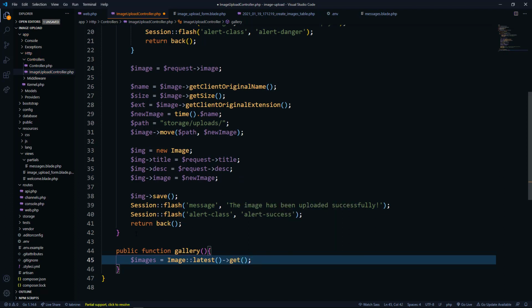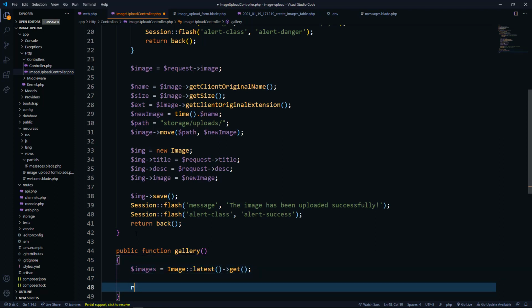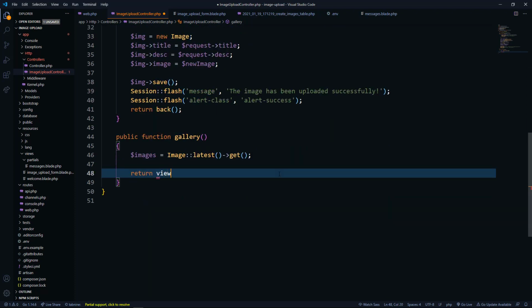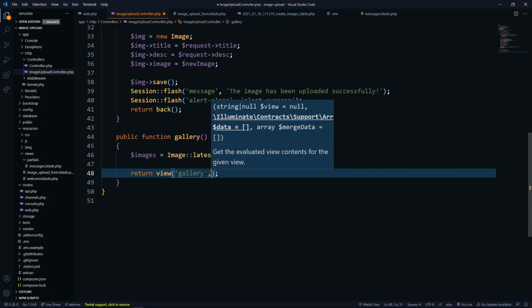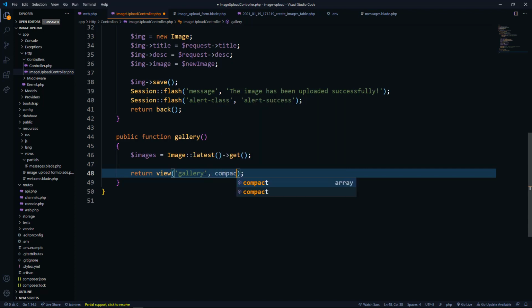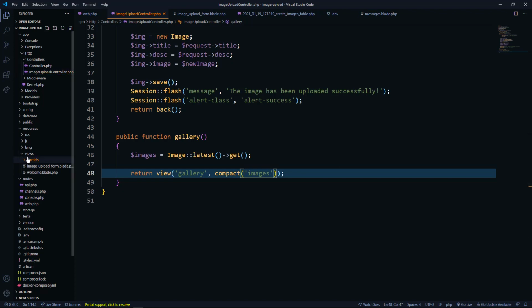And then after that, just save that, and then we return gallery. Remember, you have not created that, so just return view gallery, like that. Remember, I've not created that, but you have to compact. You have to send together these images variables. So you just do compact, and you have to compact images like that. And that is it on the controller. So you have to go back to the views and create that file called